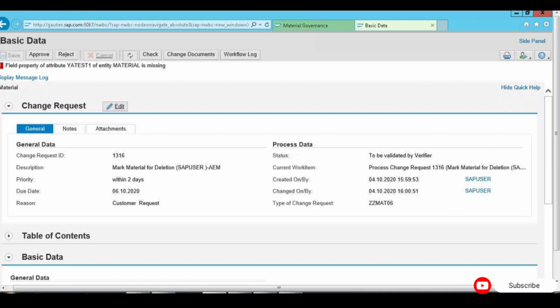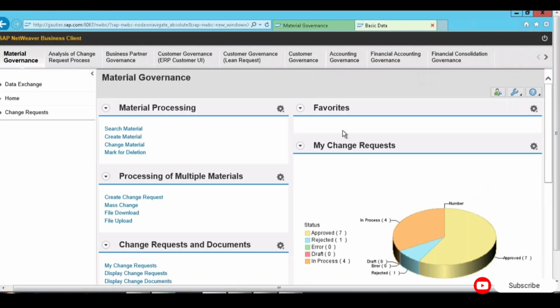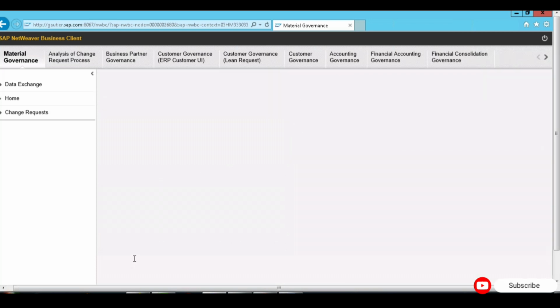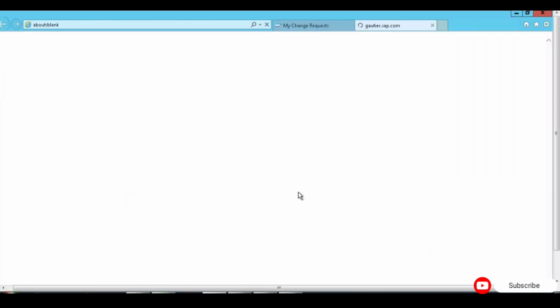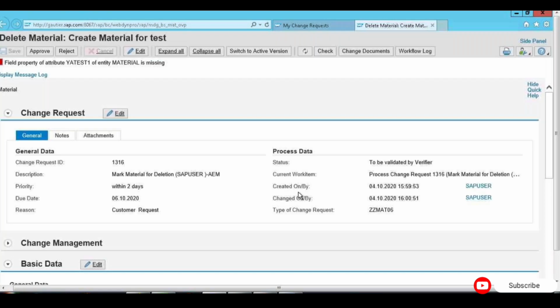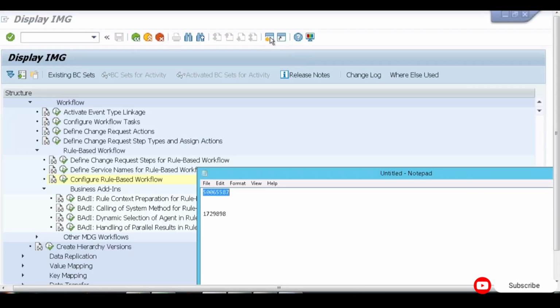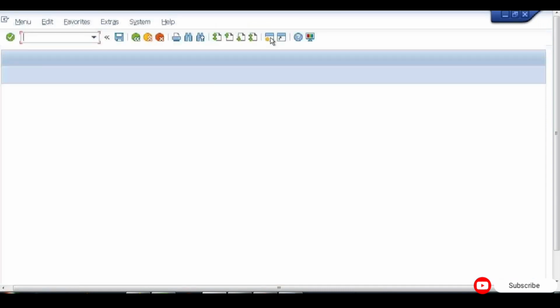Again, the same way it will come, like approve or reject. Again, the same question will appear whether we will have the same step or fewer or more. It depends on your customer. So verifier. Okay. One more thing I want to show you. That is when you see the